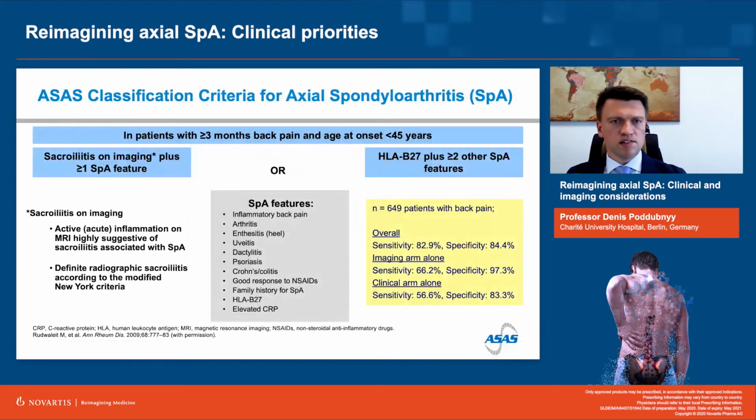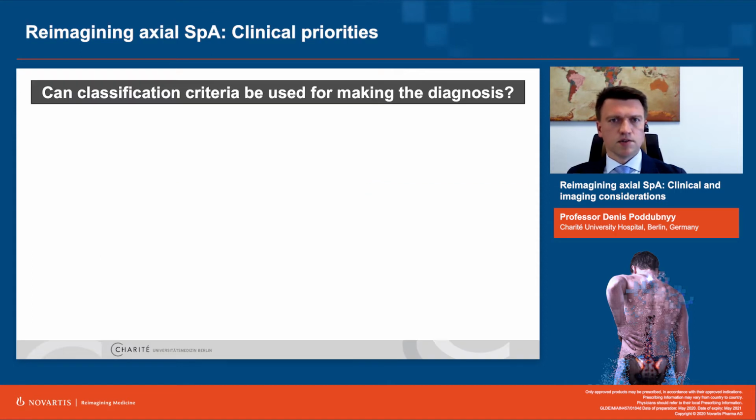Both these disease stages are covered by the classification criteria for axial spondyloarthritis, which are very well known to you for sure. And the very frequent question is whether or not we can use axial spondyloarthritis classification criteria for making the diagnosis. The answer to this question is actually no, for several reasons I would like to discuss with you